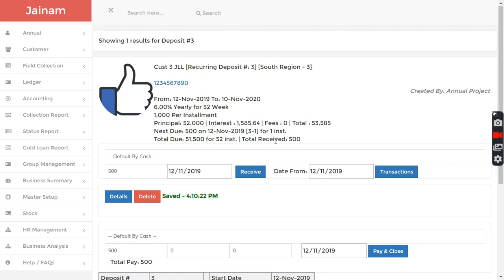So this is the way you can manage multiple deposit accounts in Jainam Software. Now I have explained deposit. Similarly, there are a lot of videos available which will help you understand how microfinance can work in